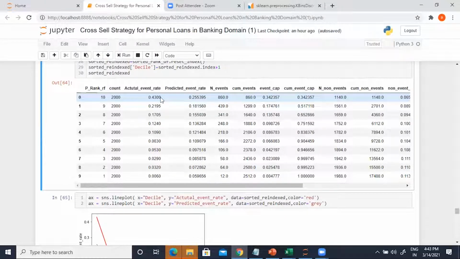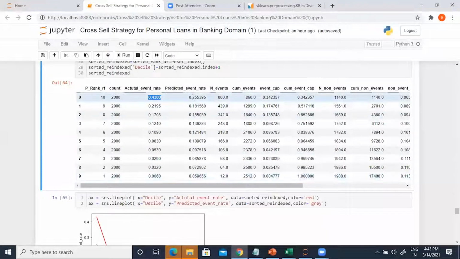Yes. So see, the problem with the 50% cutoff and confusion matrix is this: although this is a great outcome, you see the average predicted probability is nowhere close to 50.